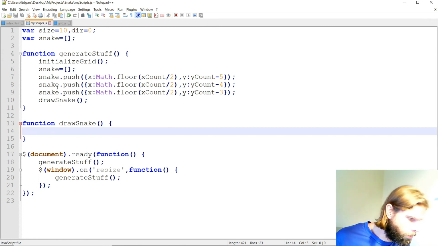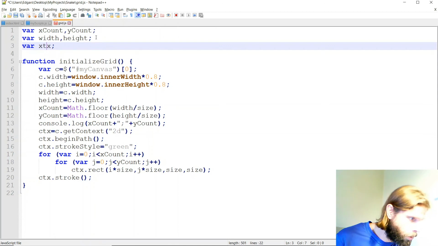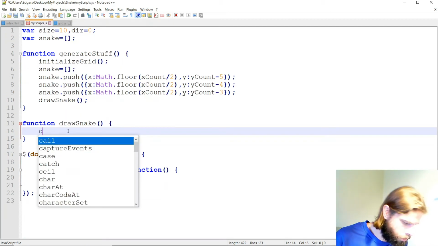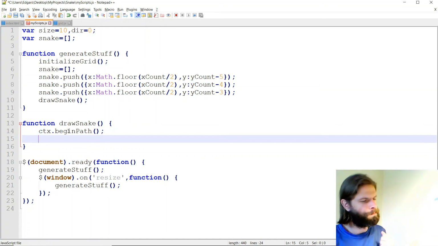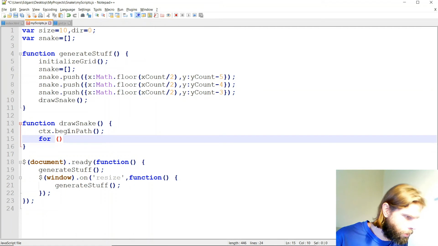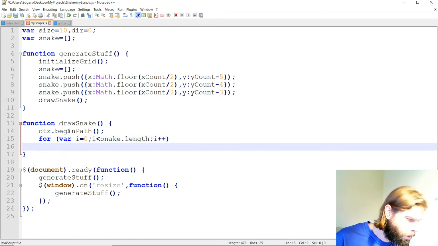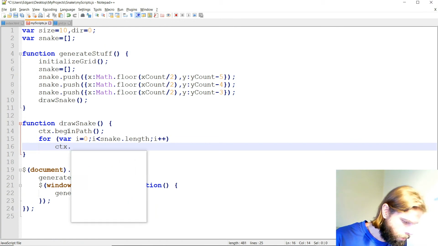So again, we want to access our context. Context is declared here. No, this is not right. Wait. So let's say the context is global here, so we can use it. Wait. So this is where it's getting our 2D context, begin path, and so here we can use, I think, also the variable context, begin path, and let's just draw our snake now. So we have a snake consisting of elements, loop over the snake length, and now every element will be a rectangle, which will be a filled rectangle. So I think it was fill rect or something like that,